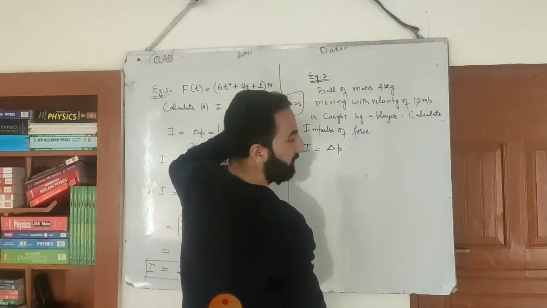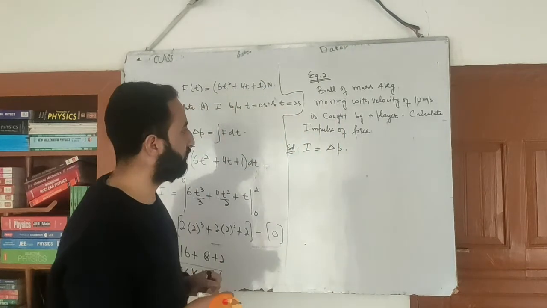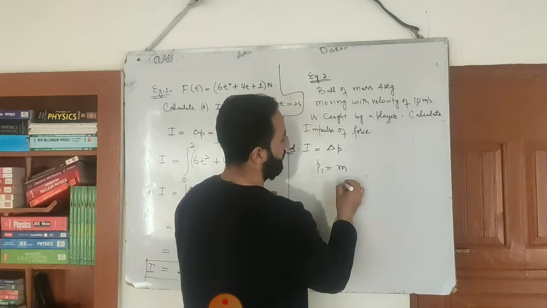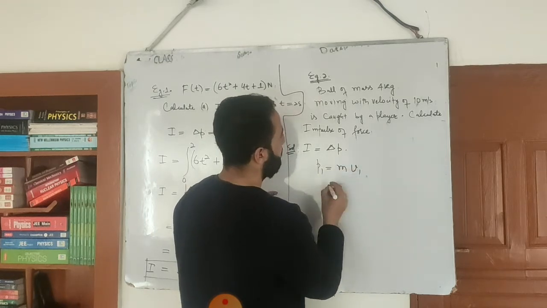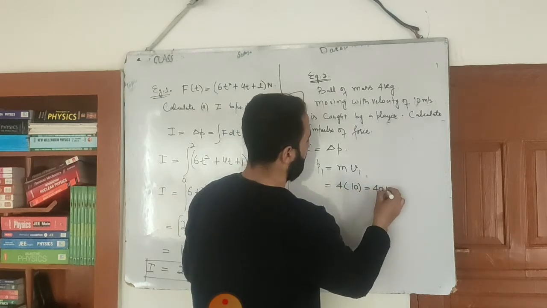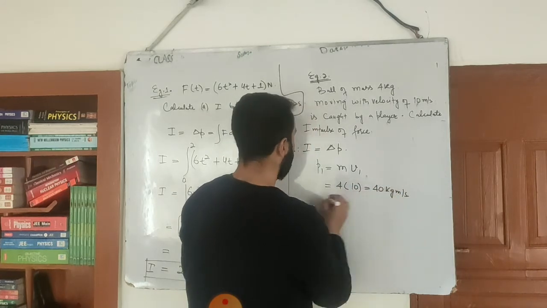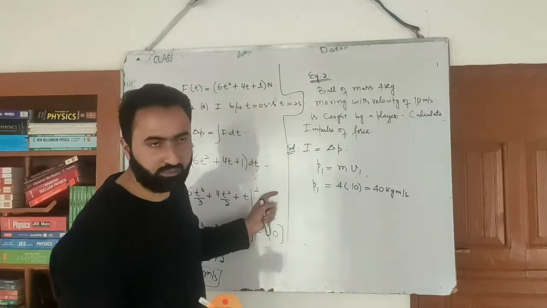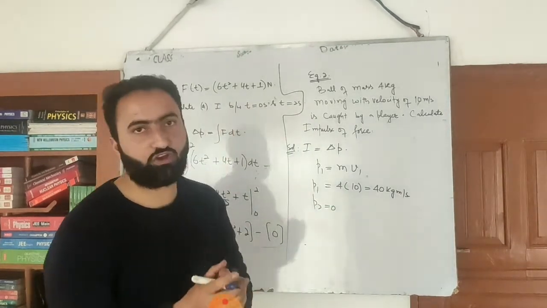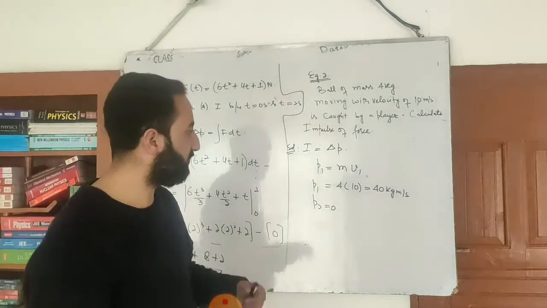Change in momentum. Okay. So initial momentum. Here I will write down what's the initial momentum. P1 will be equal to mass multiplied by initial velocity V1. Mass is how much? That's equal to 4 kg. Initial velocity is equal to 10. So that's equal to 40 kilogram meter per second. Okay, beta? This is the initial momentum. Then final momentum will obviously be equal to 0 because when the player catches the ball, its velocity is equal to 0. So obviously momentum is also equal to 0.